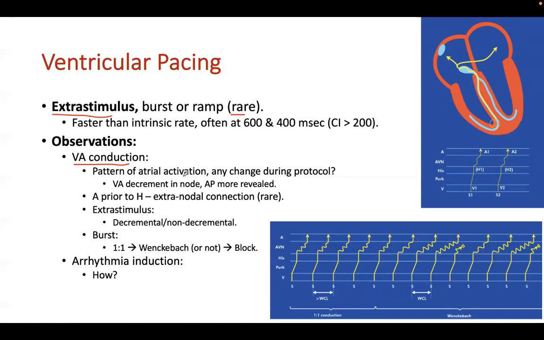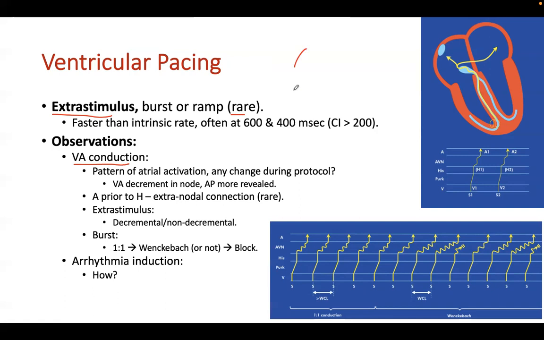However, if it changes, then you have to take note of this, and this change usually means something. Usually there is VA decrementation, or the VA time slows down, and if there is an accessory pathway at some point,